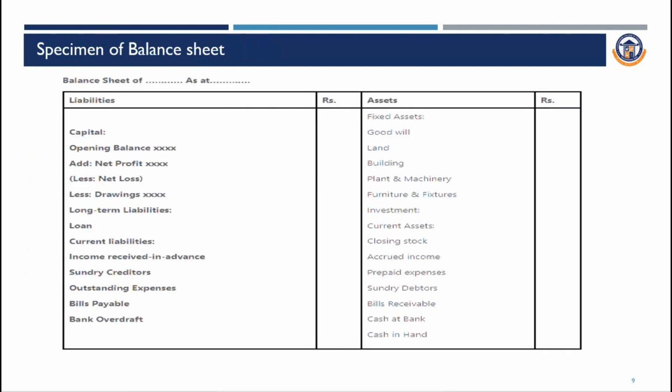So this is a specimen of the balance sheet. The left side consists of the liability side, and the right side is the asset side. Examples of liabilities are capital, loans, sundry creditors, and outstanding expenses. On the asset side, goodwill, land, buildings, plant and machinery, furniture and fixtures, sundry debtors, receivables. So